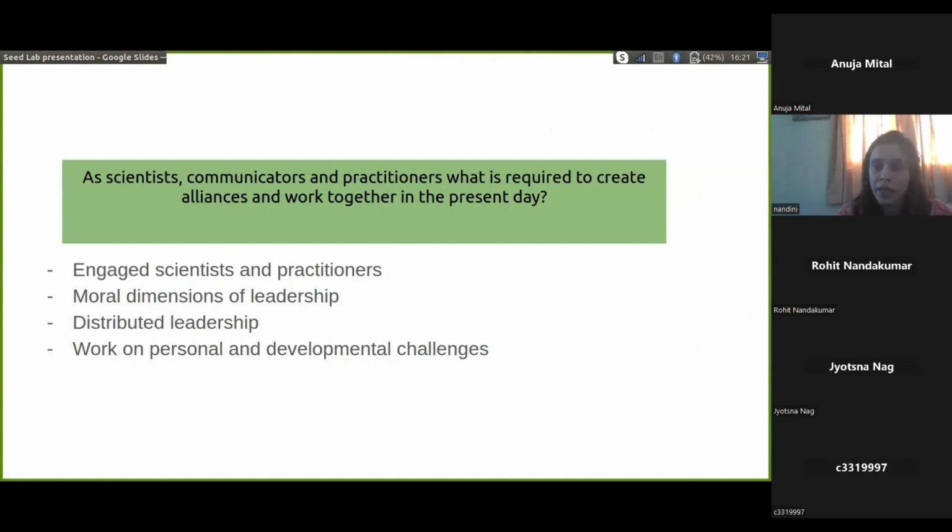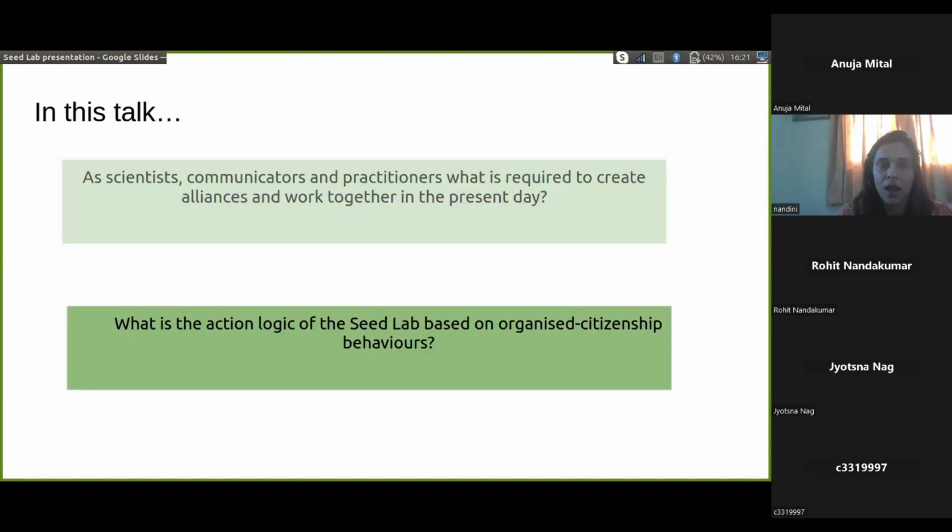Most of us are engaged in some form or the other in our work, in our personal beliefs, in the intersection of our personal beliefs and our work. There is a moral dimension of leadership that we have to think about. We have to think about leadership being more distributed. And we also have to work on personal and developmental challenges. And so I come to the second part